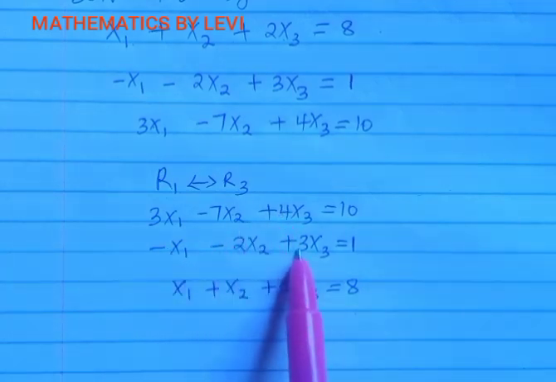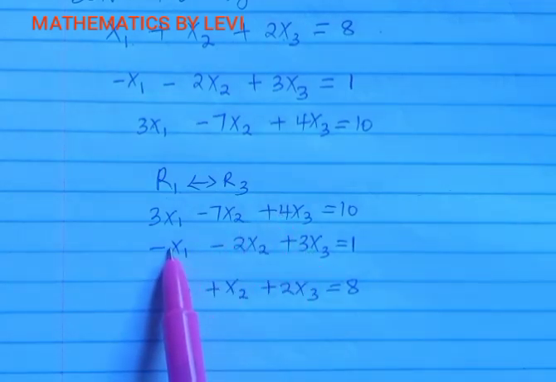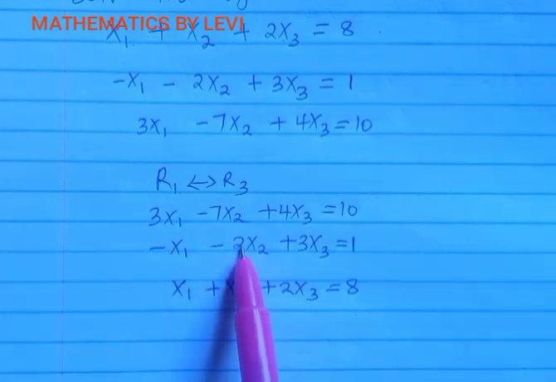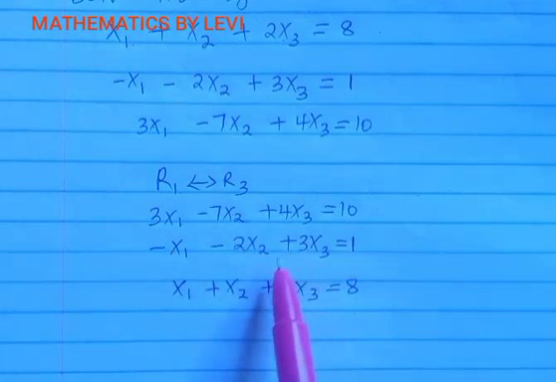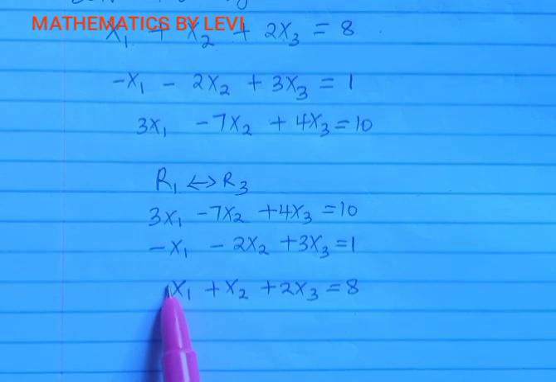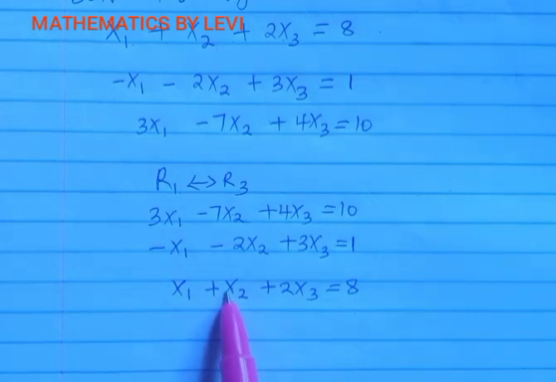When we go to the second row, we have negative 1, negative 2, positive 3. Here we have 1, 1, 2. That means we don't have a fraction, and therefore we skip the second step, that is rescaling,